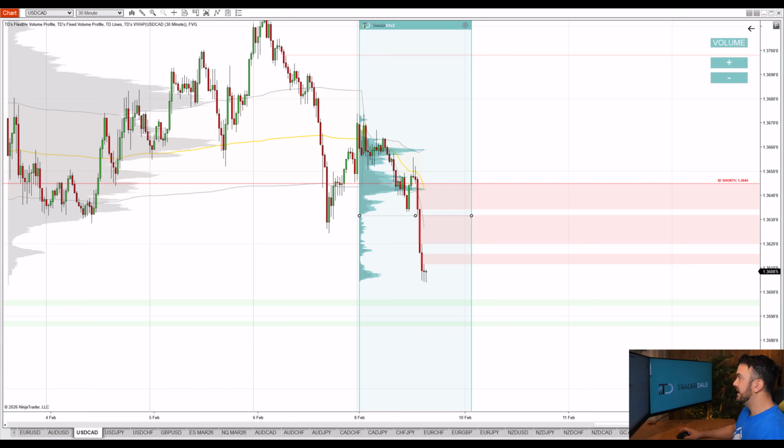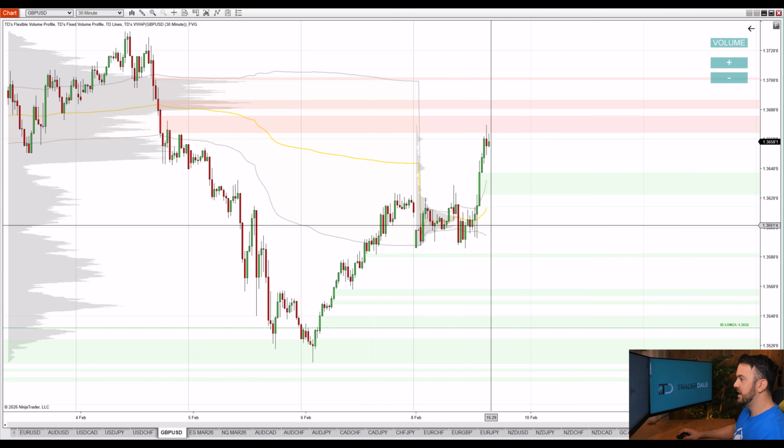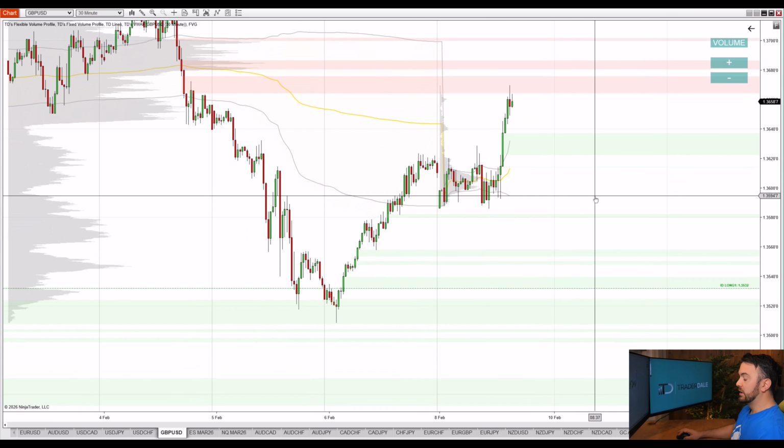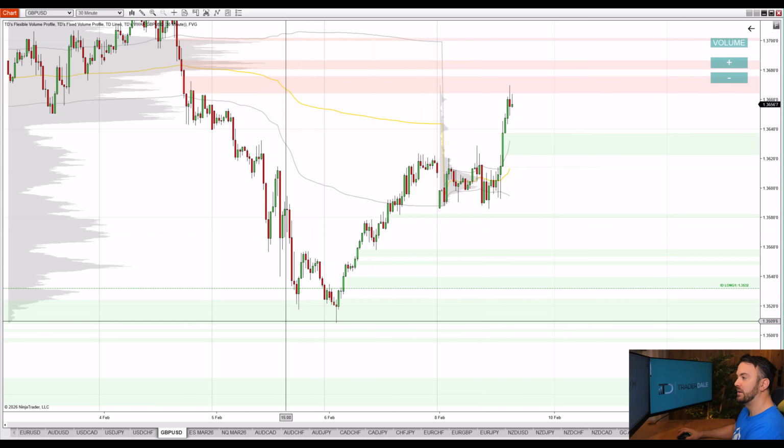And the next thing that I'd like to show you is on the British pound. So let's check it out. Quite similarly as on the Australian dollar, US dollar, we have a strong rejection of lower prices on the British pound. And if I use the volume profile here, the same way I did before,